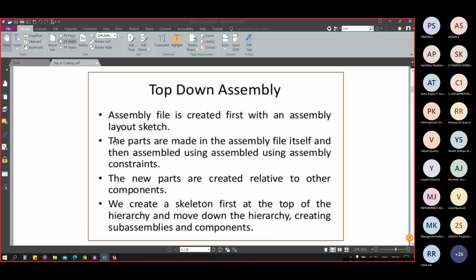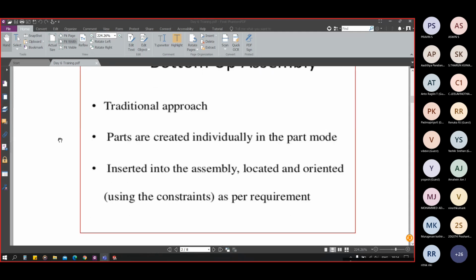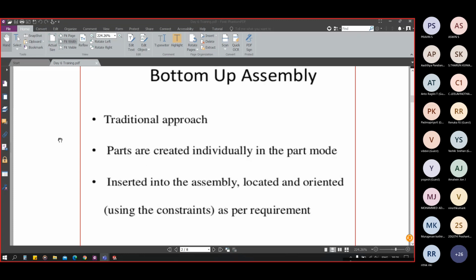In the top down assembly, a blank assembly file is created, and in that blank assembly file we create parts one by one and assemble them. In the bottom up assembly, which is the traditional approach, we create each part individually, insert the parts in the assembly, and we constrain them or we fix them.